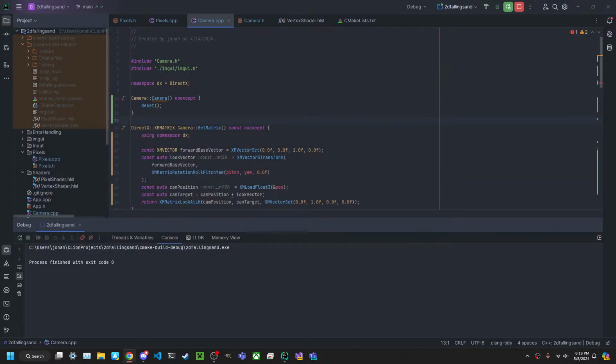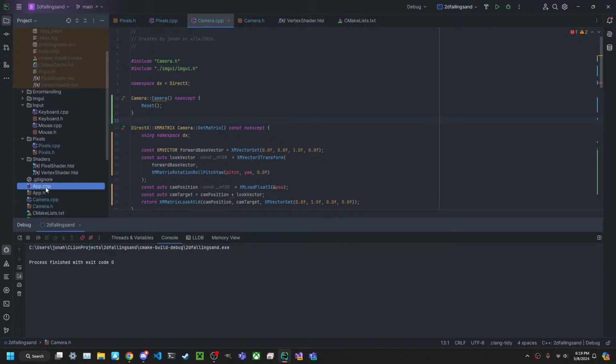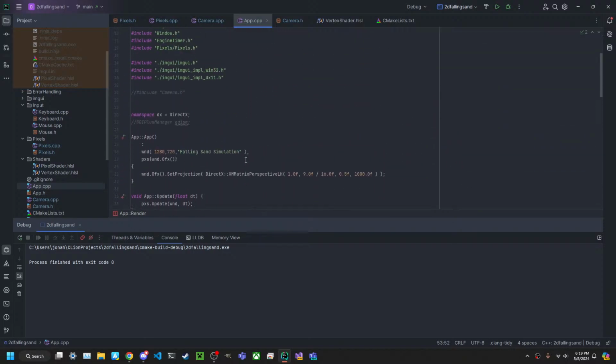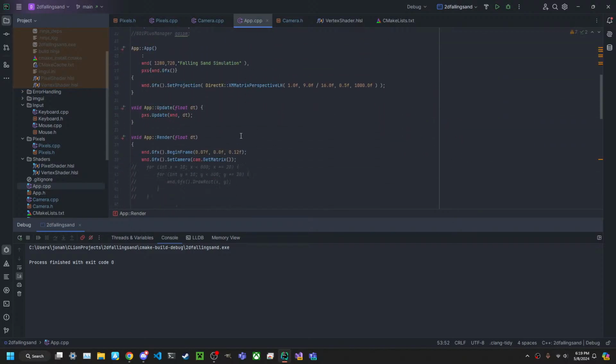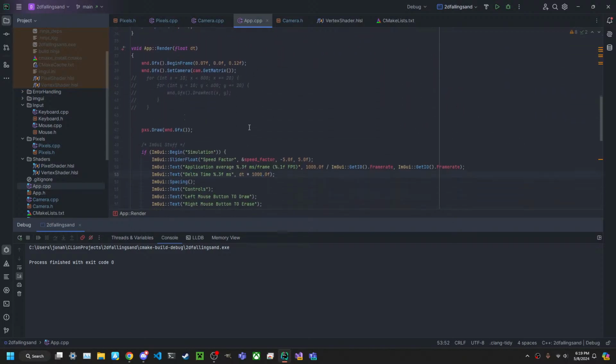Alright. I suppose then that means I should actually add keyboard and mouse movement. Something as simple as